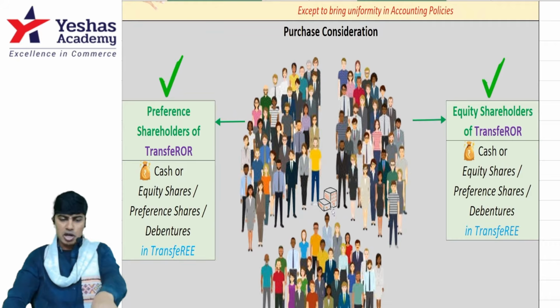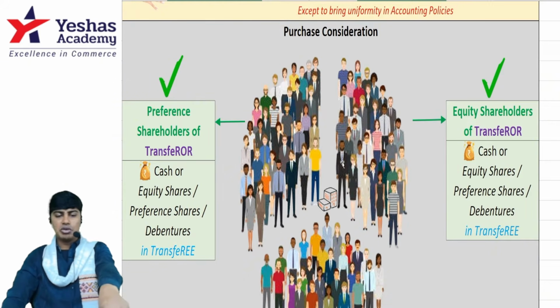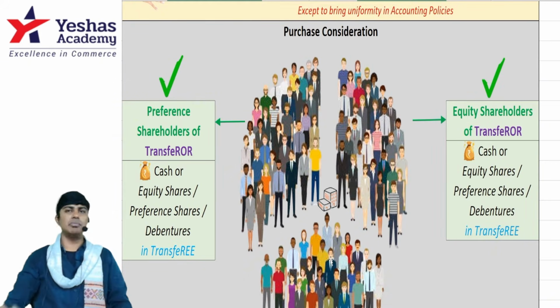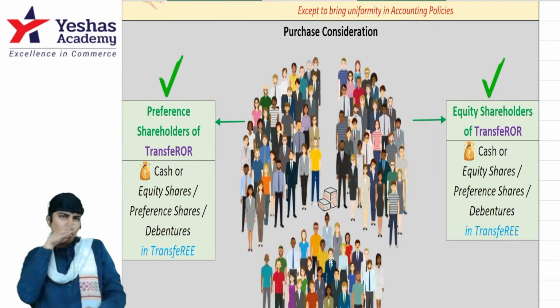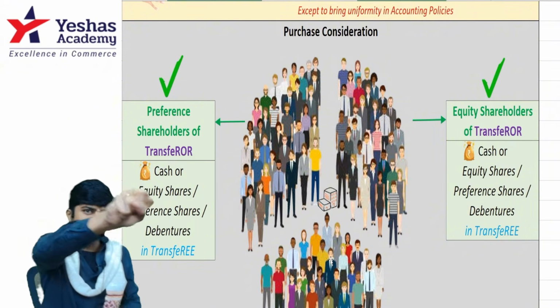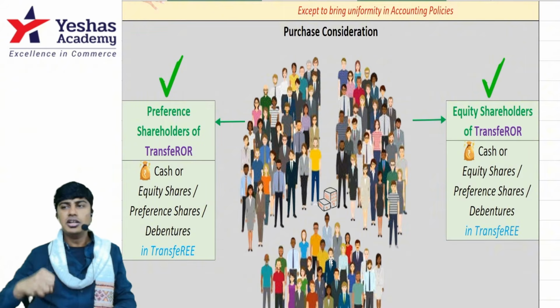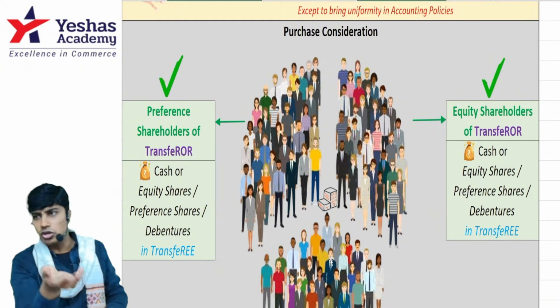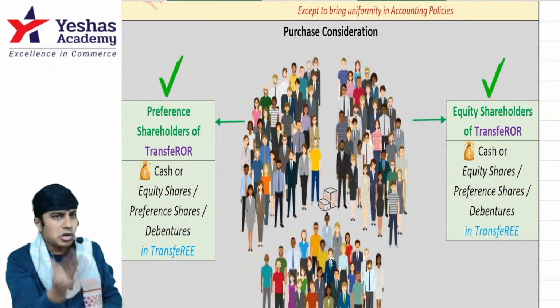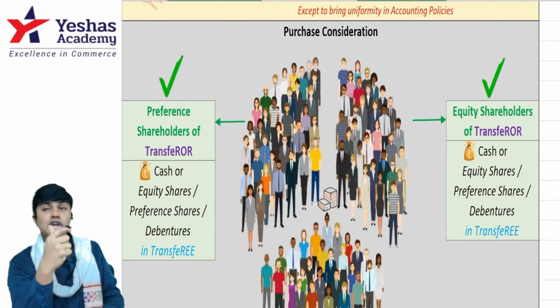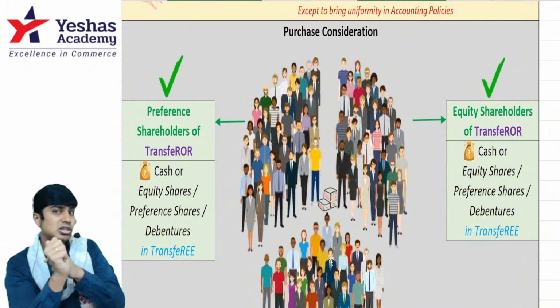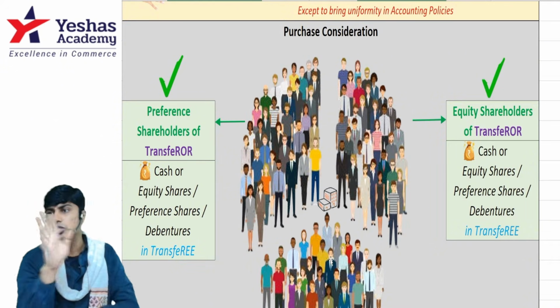See, this is the small company, the transferor. Equity shareholders, preference holders and debenture holders of the transferor company are standing around the company. We go into that gap, take the assets and liabilities of the transferor and come back. They won't let us go. To escape, we have to give them something, because that asset and liability belongs to them. What belongs to them, if we take it, we have to give them something. Whatever we give to equity shareholders and preference shareholders of the transferor company is called PC.